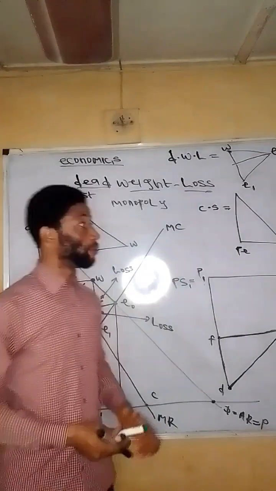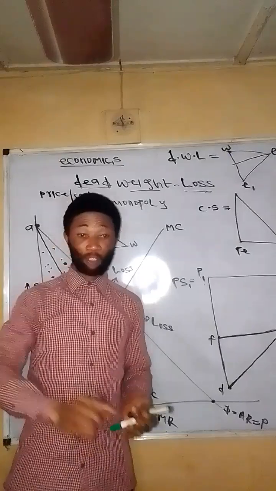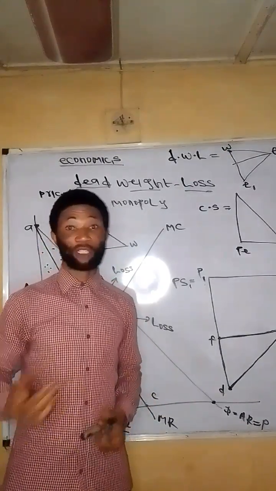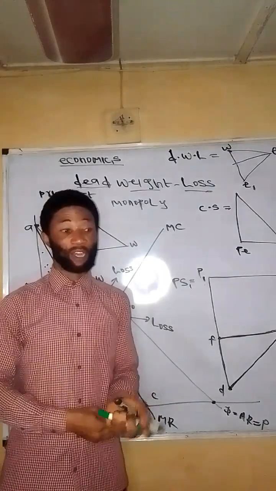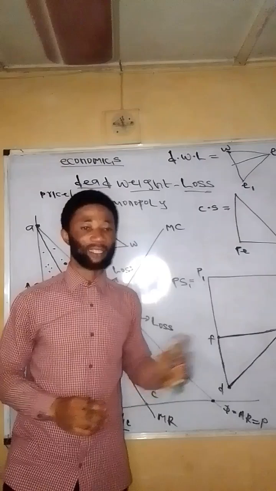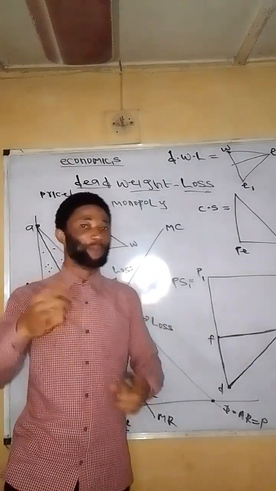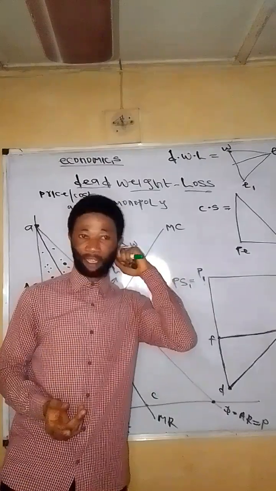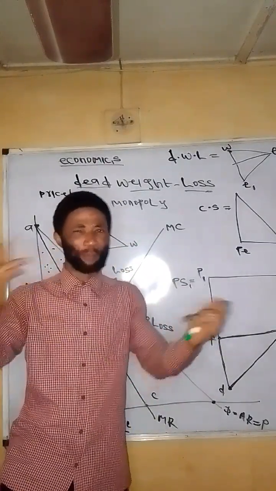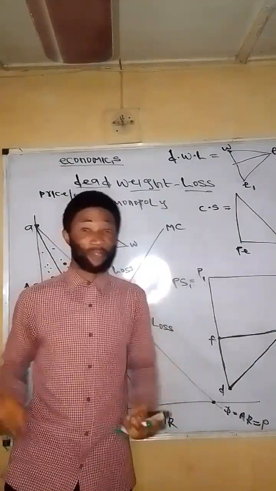Okay, my esteemed viewers, I am going to carry out detailed calculations of what you just saw, and I am also going to extend it to when tax is imposed. We have two kinds of tax. We have what is known as the specific tax, but we are going to leave that analysis. The kind of tax imposition we are going to look at is the unit tax. So when a unit tax is imposed on a commodity, what would be the effect on the profit maximization of the firm? And when a lump sum tax is imposed, what effect will it bring to the producer? We are going to look at all this mathematically and graphically in my